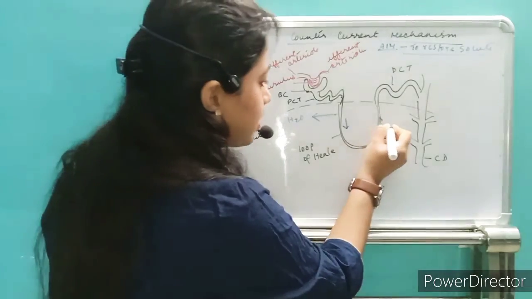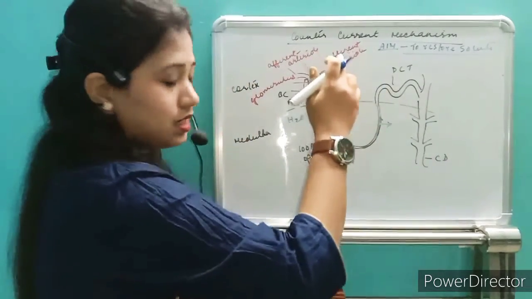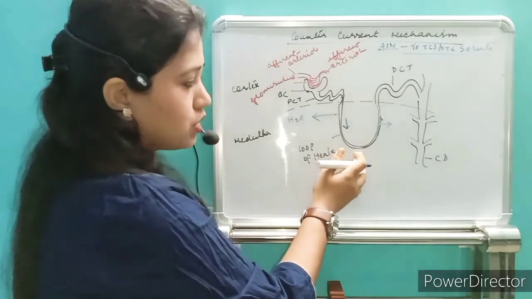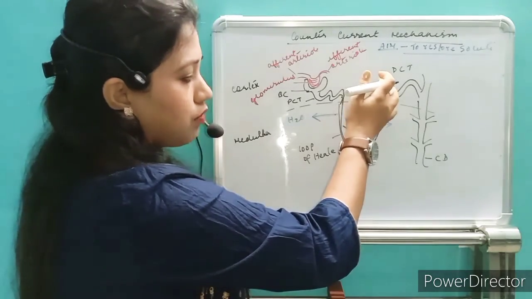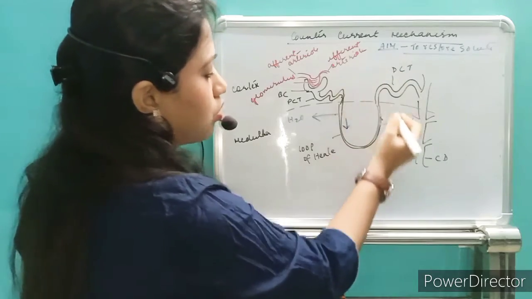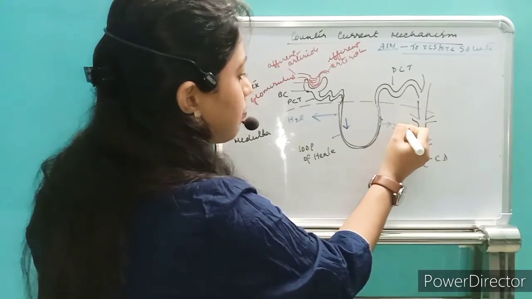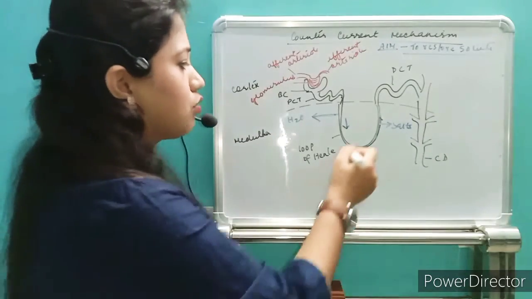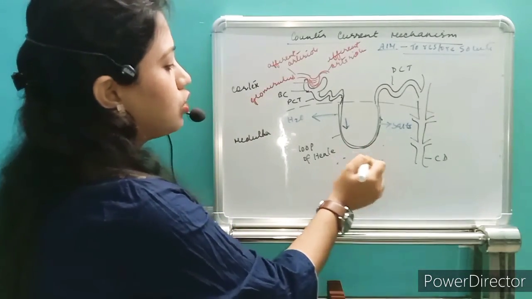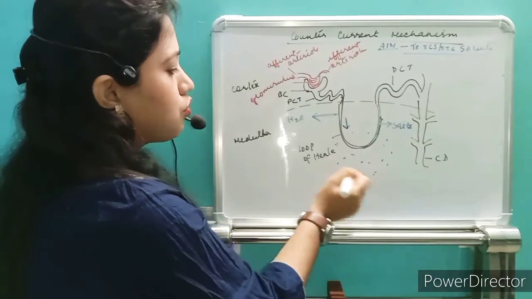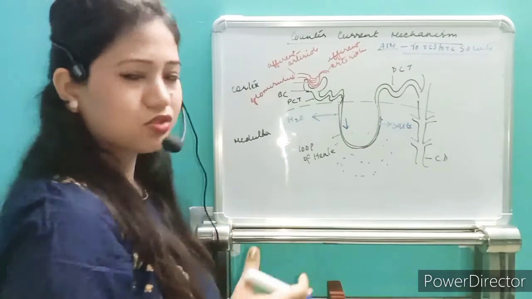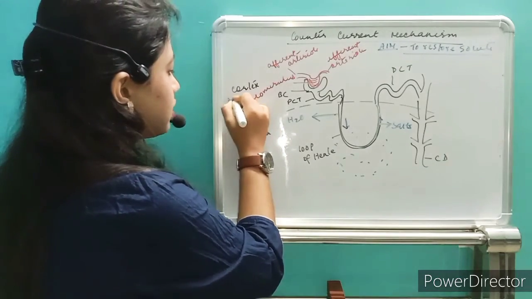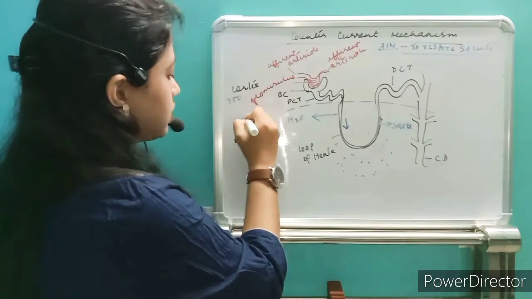And whenever the same nephric filtrate is moving outside, from the medullary tip region, from the descending loop of Henle to the DCT region, to the cortex region, the different types of salts will be taken up by the medulla itself. So we are going to store maximum solutes in it. What will happen here, I have already told you, is that we are able to maintain the osmolarity from 300 to 600 here.